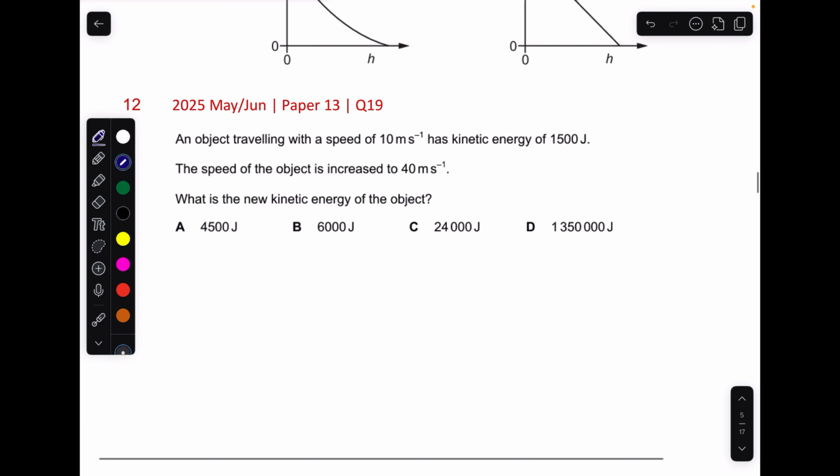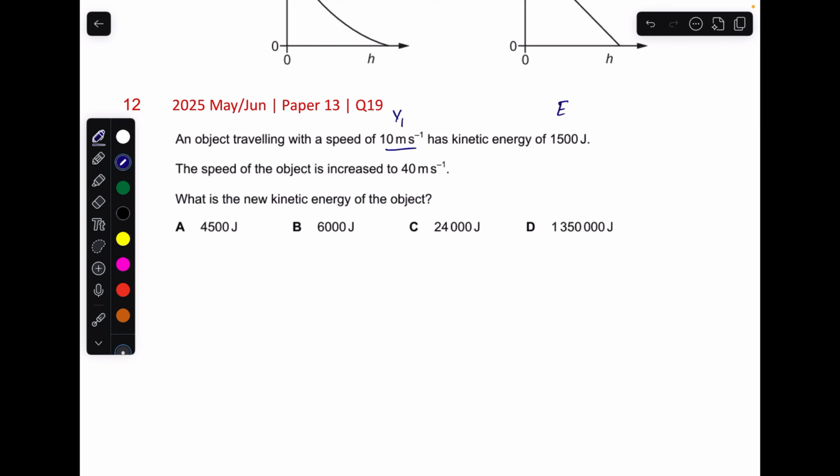The next question, an object travelling with a speed of 10 meter per second has a kinetic energy of this much. Okay, let's call it V1. Let's call this kinetic energy 1. Okay. The speed of the object is increased to this. Let's call this V2. What is the new kinetic energy of the object? Let's call this KE, kinetic energy, new, let's call it 2. Okay. So if you have to find the new kinetic energy, that I call just 2, it is equal to half mass into